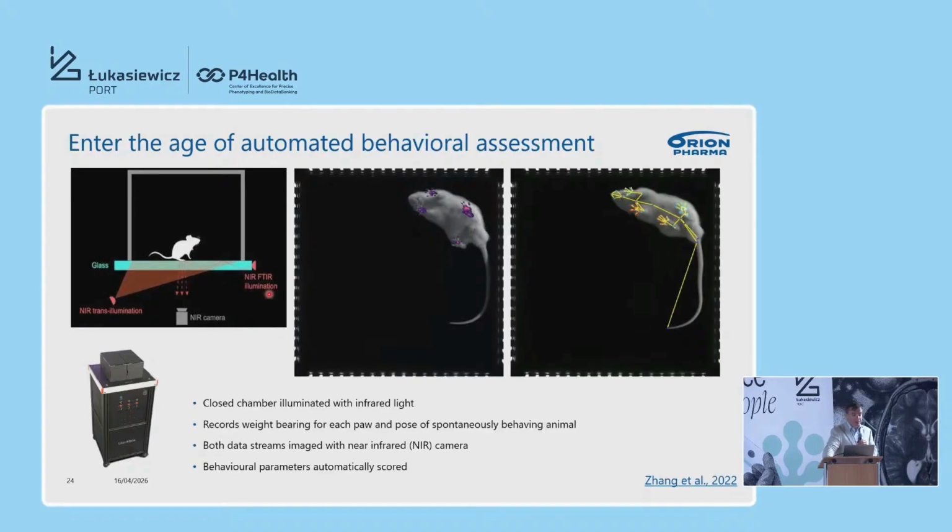One of the recently published devices is where we image animals from below. It turns out that when we image animals from below, we see much more subtle changes in their behavior compared to when we image animals from above. So another advantage is that this is a so-called black box device, in that it